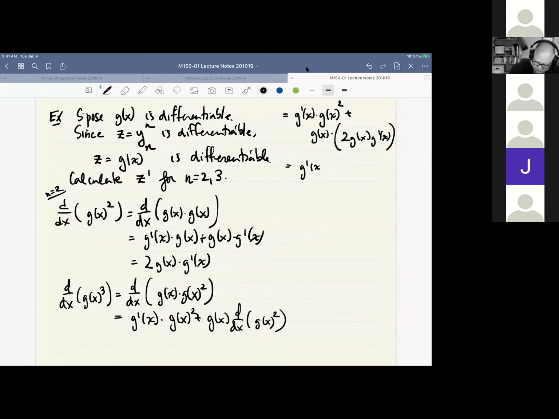So let's simplify this. I've got two g of x's here, so I'm going to combine those into a single g of x squared. And now look at this. By the commutativity of multiplication, this is a g prime and a g squared. This is a g prime and a g squared. I've got 2 here, I've got 1 here, so I can bring them together, and that gives me 3 times g of x squared times g prime of x. And look, by golly,